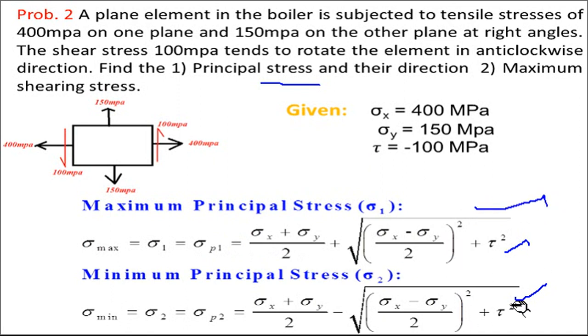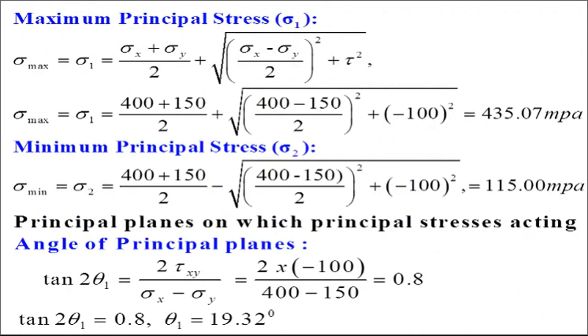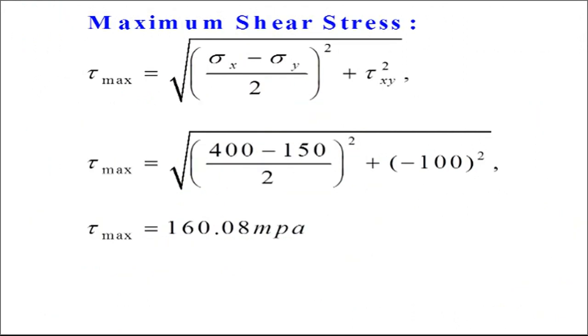Here sin theta and cos theta are not involved in the terms. Whenever sin theta and cos theta are not there, it is the maximum and minimum principal stresses, and when sin theta and cos theta are involved, that is the tangential and normal stresses on the plane. So you might have noticed that problems of this nature are very simple.